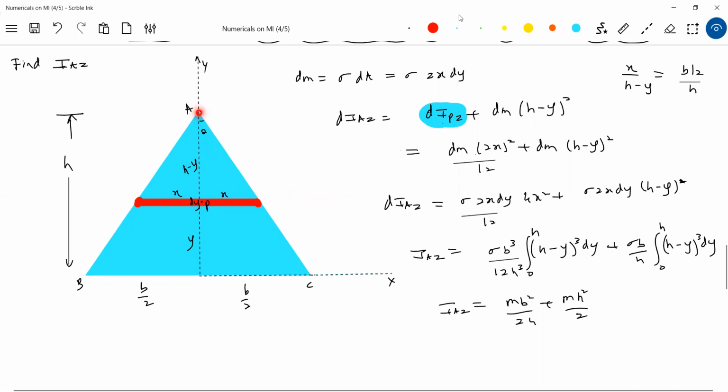About the axis passing through and perpendicular to the plane will be non-zero. About this axis will be non-zero. About the axis passing through point P and perpendicular to the plane is equal to this much. Try to make the observation. Nothing big is there. Getting the idea? This one? Okay, now. So I will take the